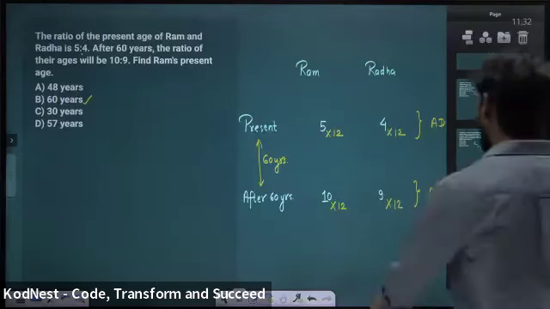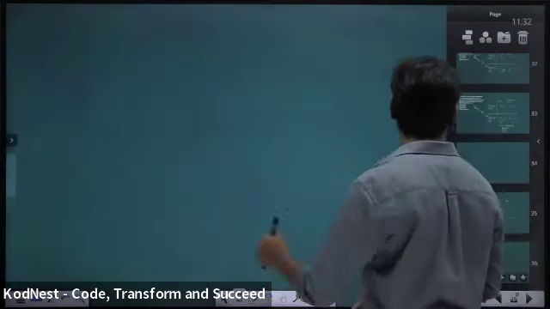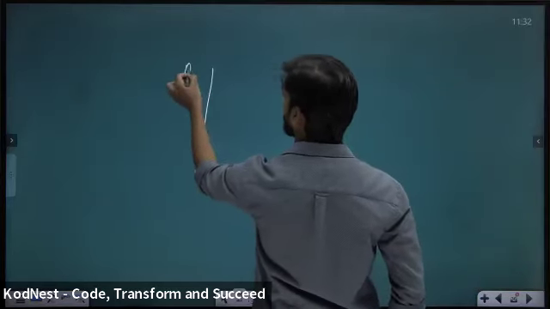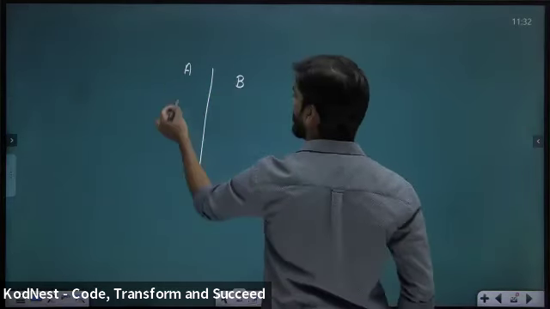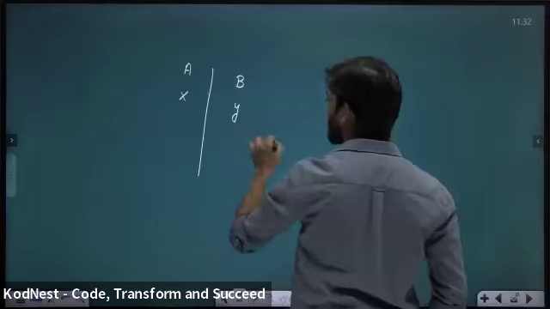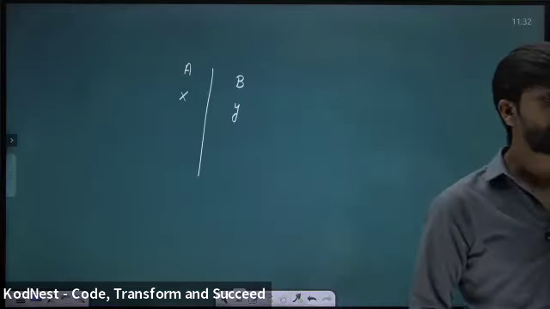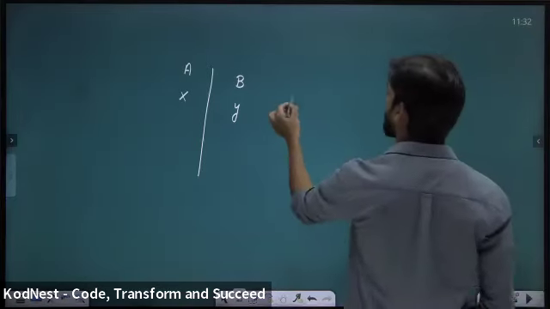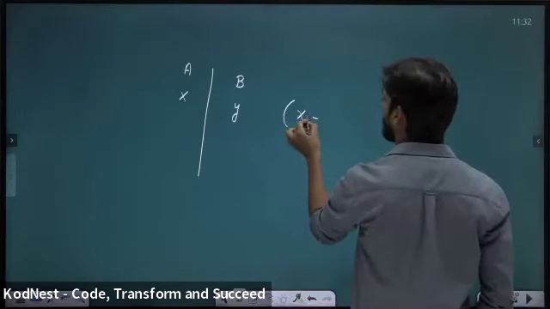For example, the question you are saying now: two persons are there. Let's suppose X and Y are the present ages. Okay, so the product of ages of A and B is 240. So first I'm saying suppose X into,